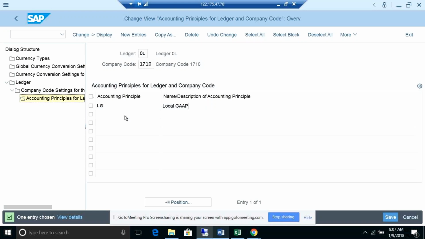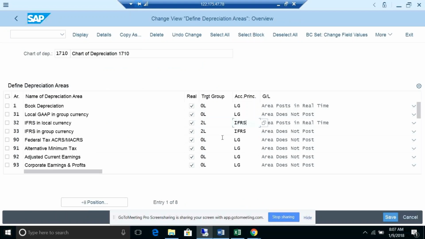The only difference is, if you add one more accounting principle here, that means you want to report for one more accounting principle also, and the same way we need to configure this. No problem, we will play with it. Okay, thank you. But initial things, let's do it, then we will do the experiments also.